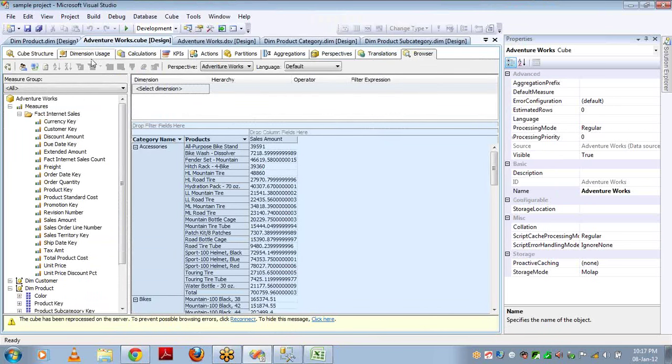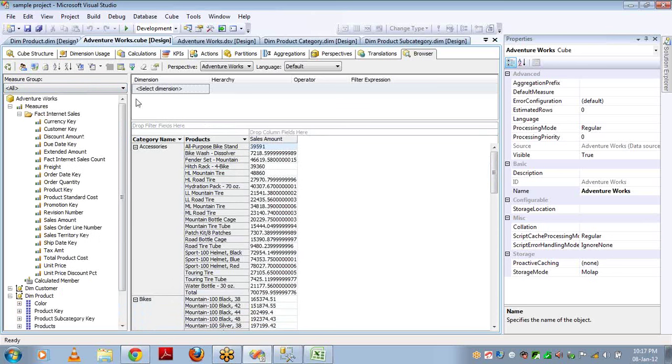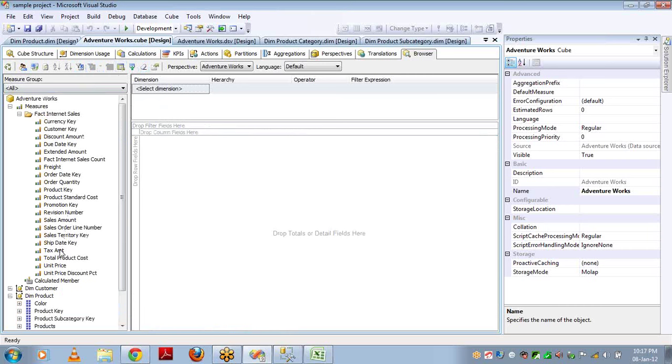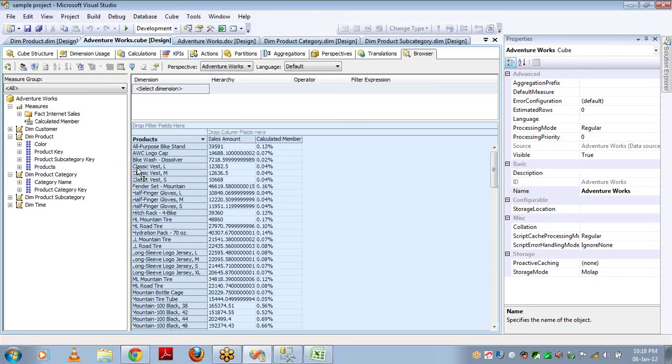If you go to the browser, I'm erasing everything. I'm taking the sales amount just for reference, and this is the calculated measure I've given. It is giving me some error here. Okay, that is fine. We have used the function dot current member of products, so the product should be there in the rows.